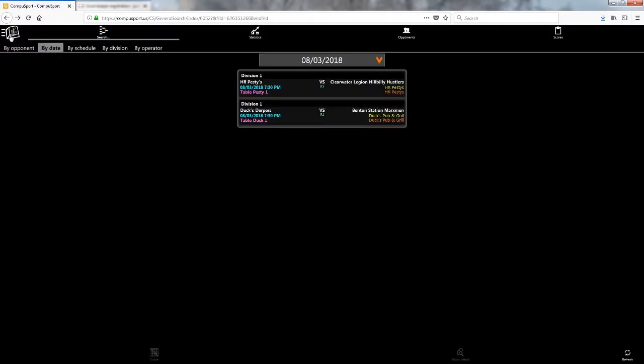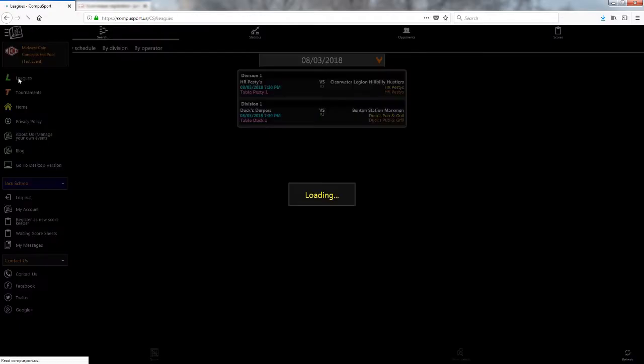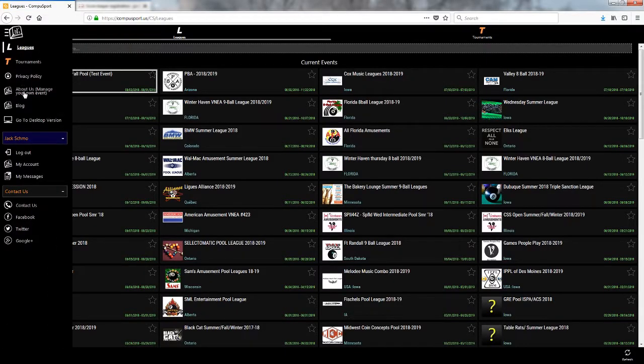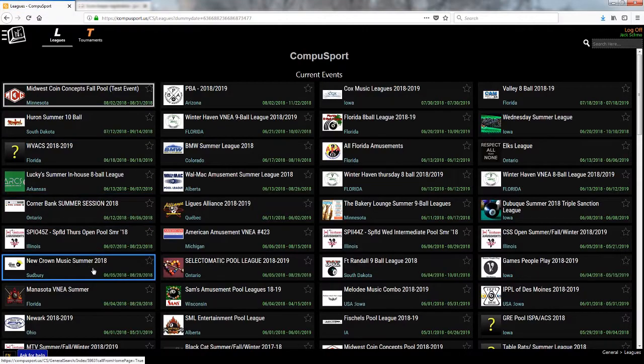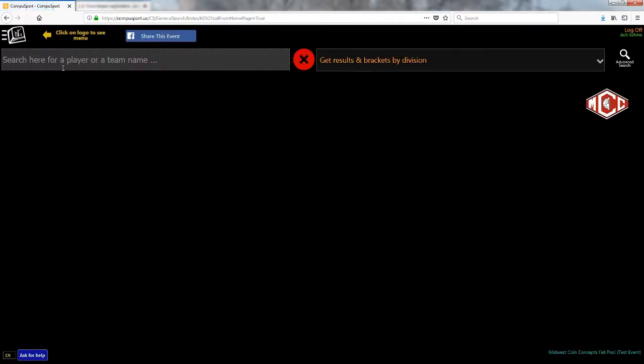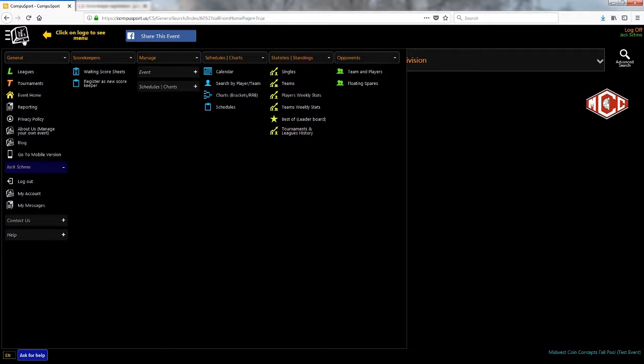Now to go back to the league portion and do this in the desktop view real quick. I'll switch to desktop version. And so here, all an individual would have to do would be to go to your league portal, and then it brings you to the league homepage. Here's where you'd be able to see all of your divisions and so on. In our case, we just have the one division. But where you'd want to access this information to enter your score sheet would be by clicking on the upper left-hand CompuSport icon, and then you would be able to